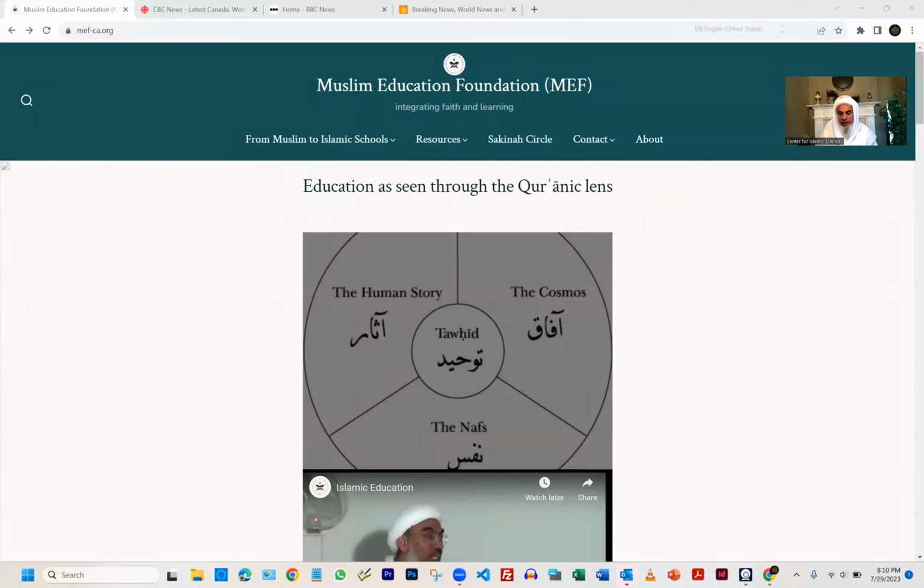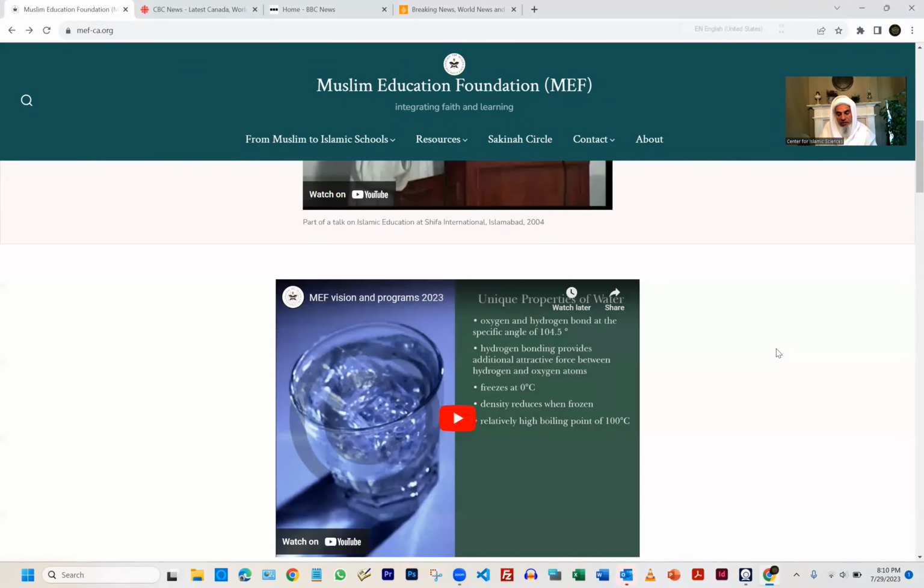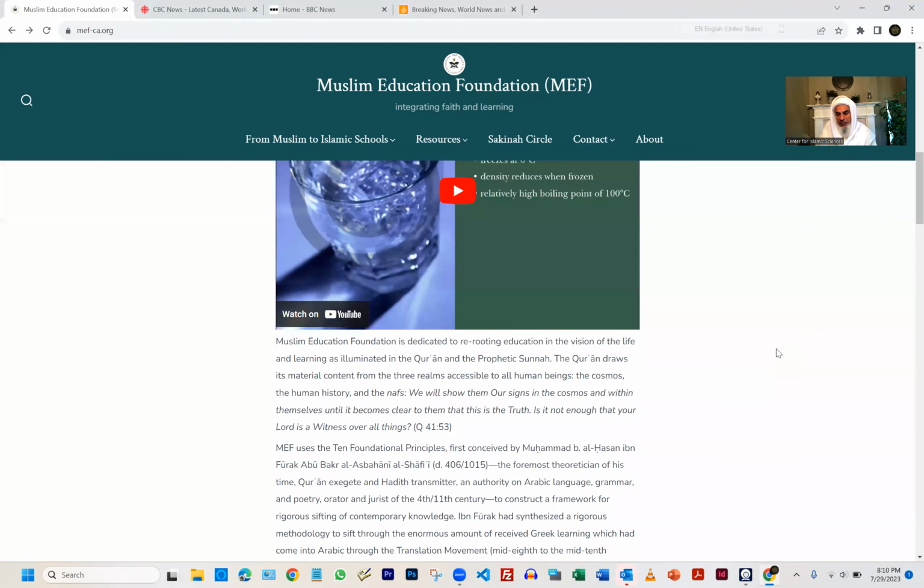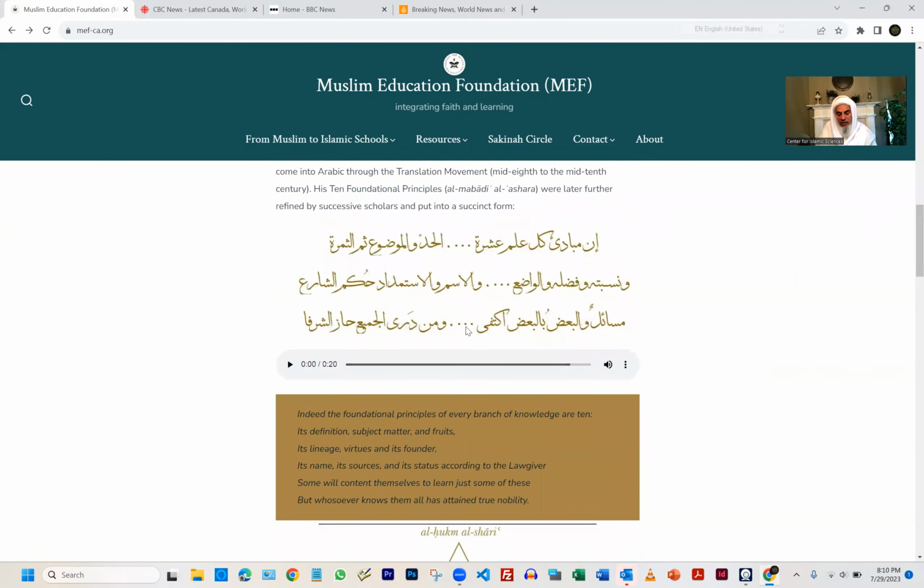But just to begin with the definition of science, I'm going to share the screen, and inshallah we look at the principles and then apply them to science. So indeed,